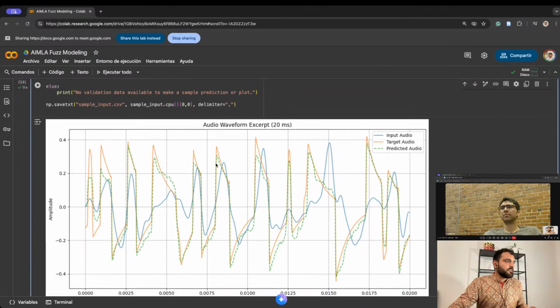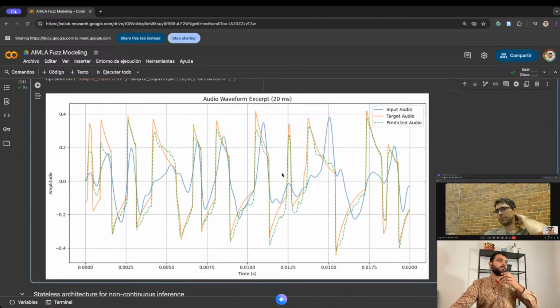We run it only once, and what we can see here is that the model seems to work pretty well, because we have the input audio, which is this blue signal here. We have the target audio, which is the audio that we wanted the model to learn, which is the orange one. And then we have in this dashed green line the predicted audio. And as we see, maybe in the first samples it's just starting up, but after just a few samples, the model starts to behave really similarly to the target.